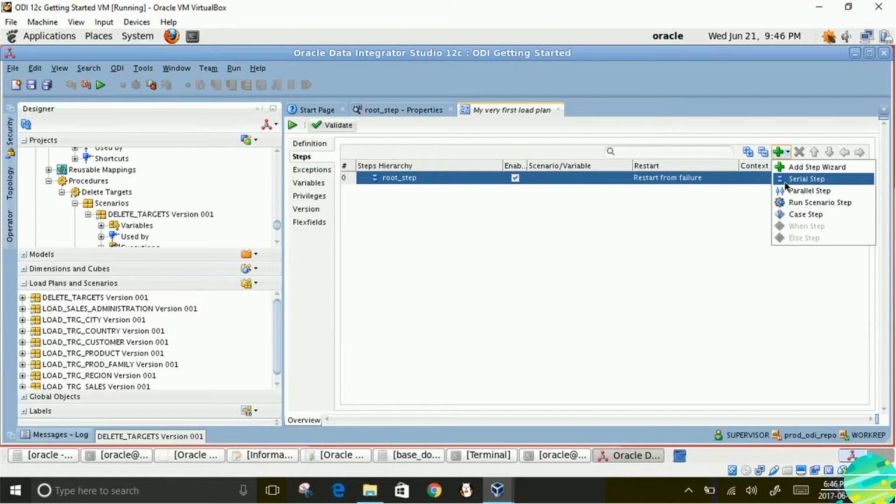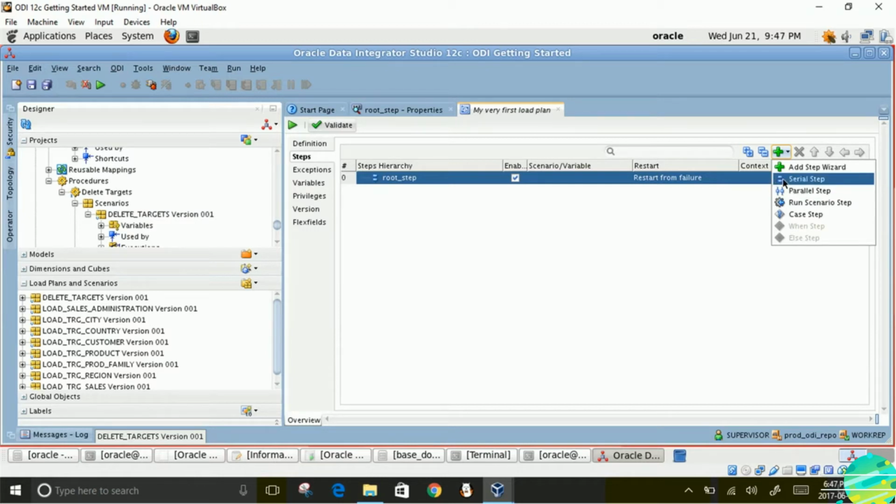The serial step means anything under that step will run in sequence. In load plan you put steps and under those steps you put scenarios.